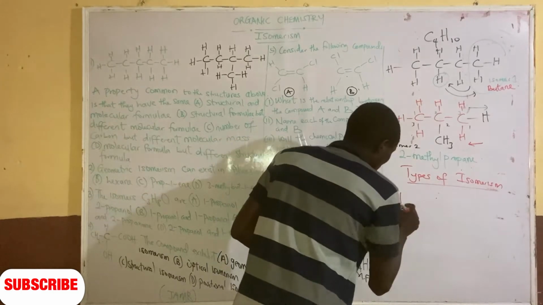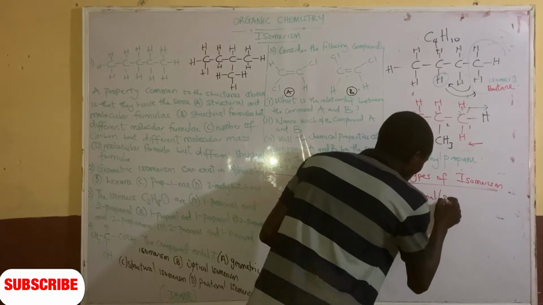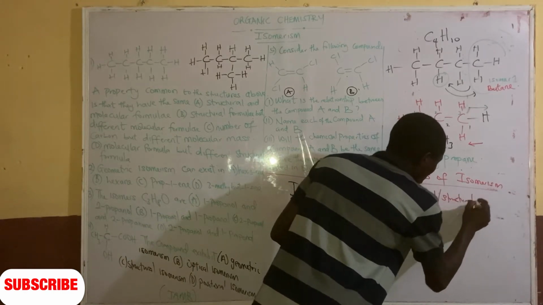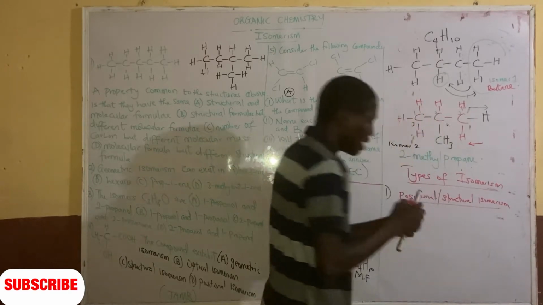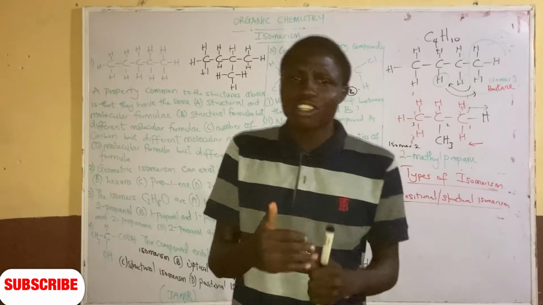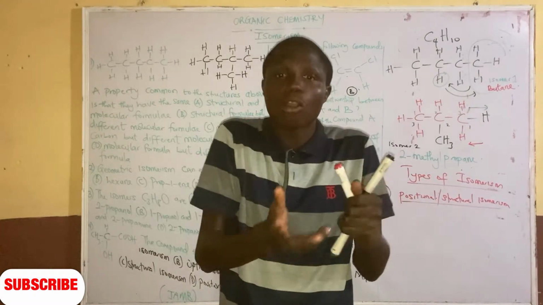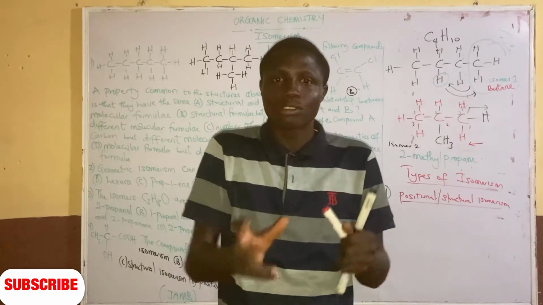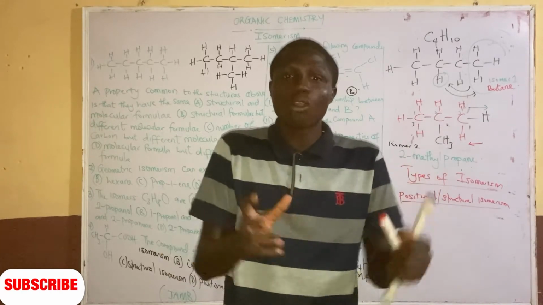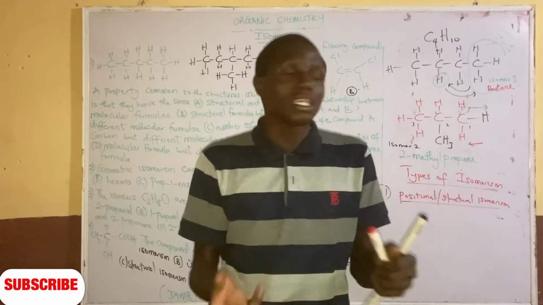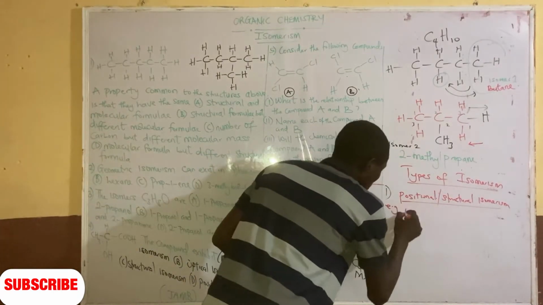positional or structural isomerism. Now, what do you mean by positional or structural isomerism? This is a type of isomerism that depends on the arrangement of atoms or group of atoms within a particular compound. Now, this has to do with the arrangement of atoms or group of atoms in a compound. For instance, now when we are talking about pentane,